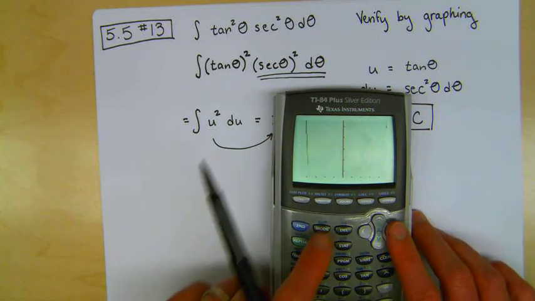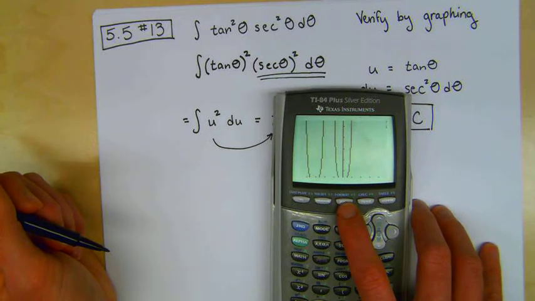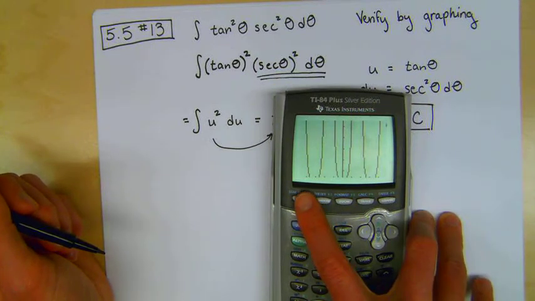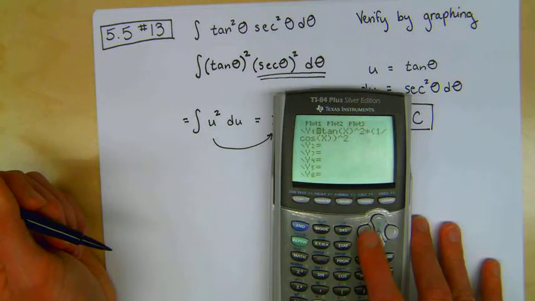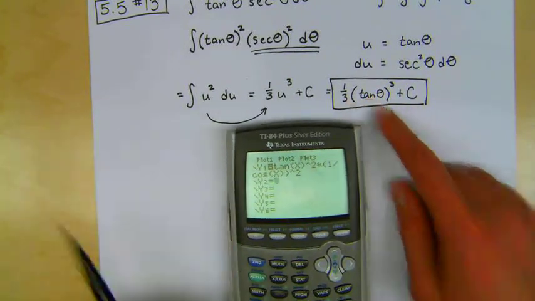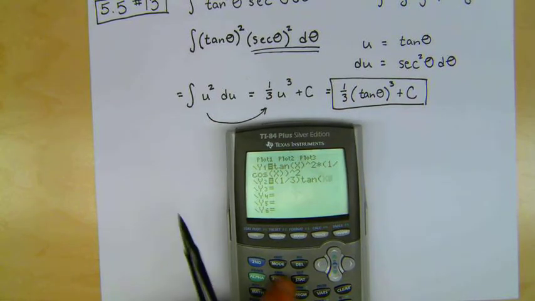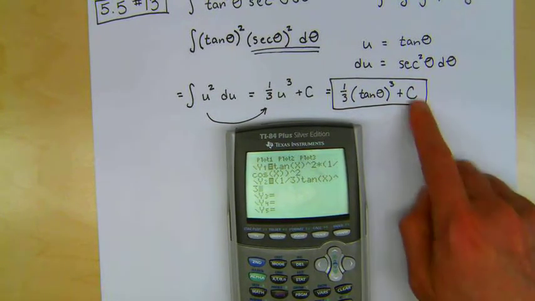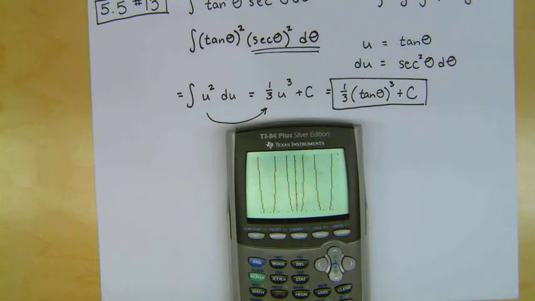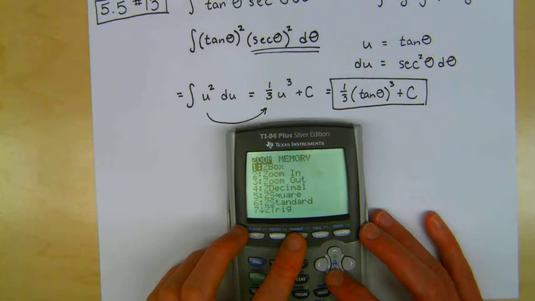And when I graph that, oops, my zoom is set to a funny window, but it's graphing it. Maybe instead of watching all that, let's go ahead and graph both functions, because we're going to have to graph both functions. Let's go ahead and graph our antiderivative for our integral here, which is 1/3, so I'm going to type in 1/3 tangent of x raised to the third, and we're supposed to take our c value equal to 0. So now it's thinking and graphing, and if I zoom in on the center, it should look similar to what you have for options. So I'm going to go zoom standard,